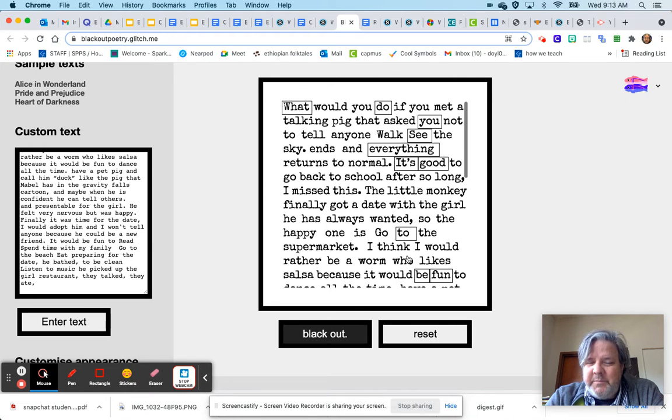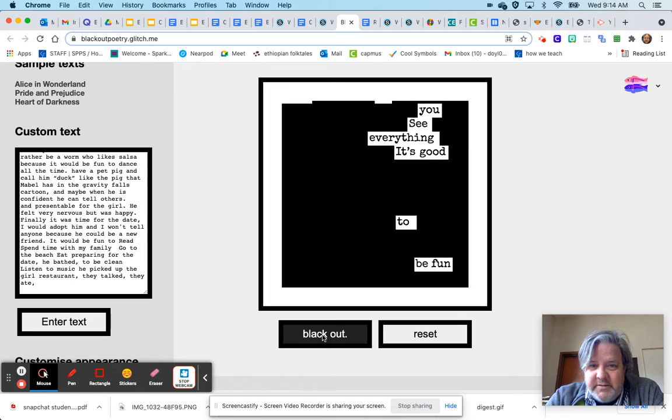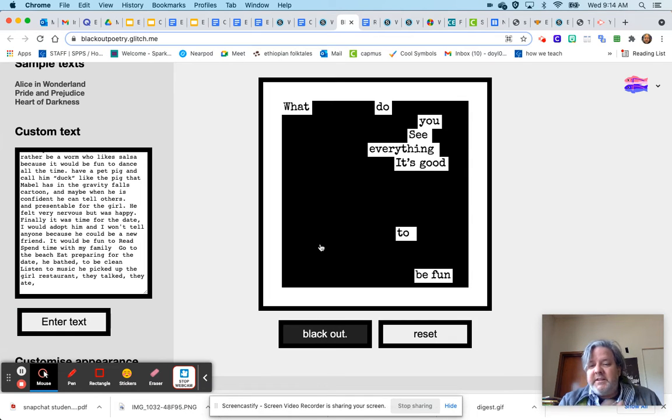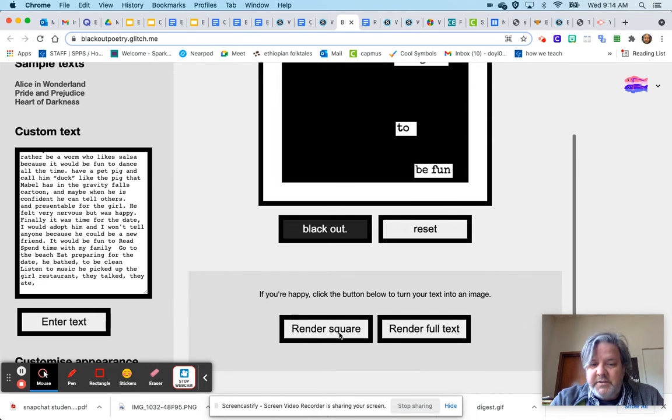So you can see that kind of makes sense. What do you see? Everything. It's good to be fun. Right? That makes sense. So I'm going to click blackout, and it's going to get rid of everything except for those words that I chose. And now I have a little bit of a poem. What do you see? Everything. It's good to be fun. Okay, and then all I need to do is go down here and I can click on render square, which